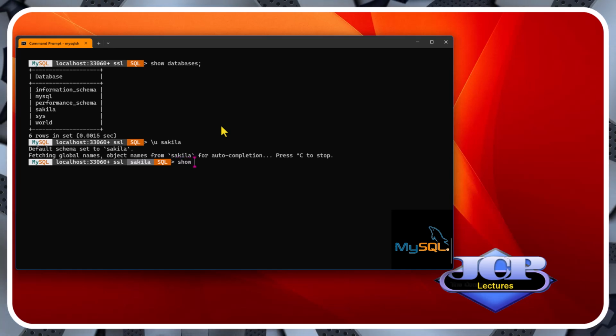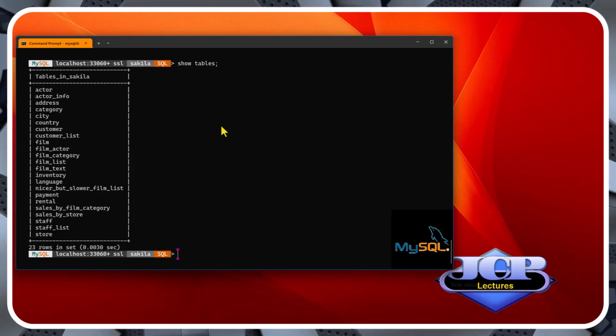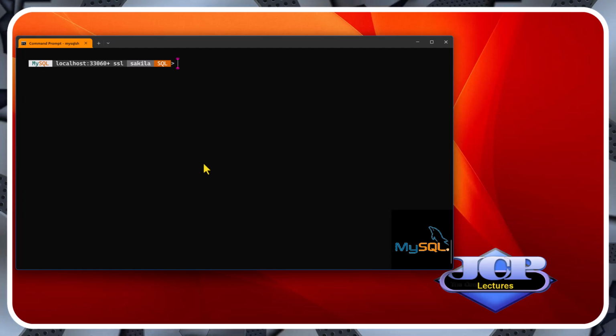The next command, show tables, will display all the tables in the database or schema. The query select asterisk from actor will show us all the rows and columns of the table actor.